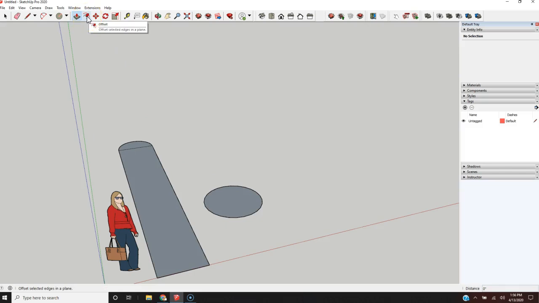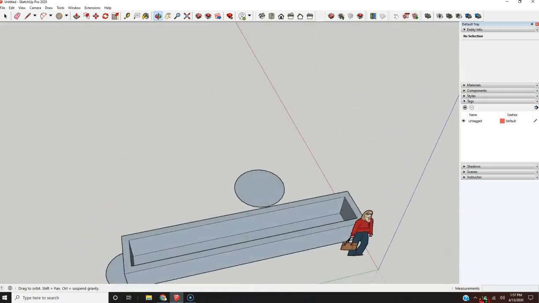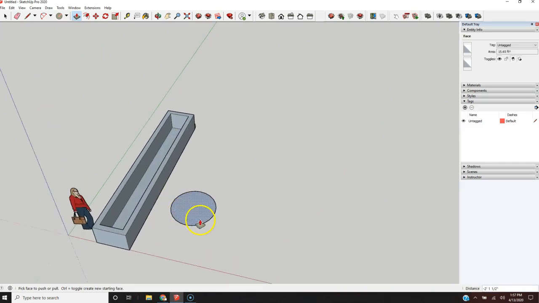This is the offset tool. This is great if you're making walls. The offset tool is the letter F. And I left click and hold, and I can type in a distance. So say if I want 6 inches, I'll type in 6, and bam, it offsets these outer lines 6 inches inwards. And there you go. Now if I want to push-pull walls, bam, I now have a, I don't know, sarcophagus or coffin. I don't know what this is, but you can clearly see that the offset tool can make things a lot easier for yourself. Again, that's the letter F. Type in 6, enter, P for push-pull,